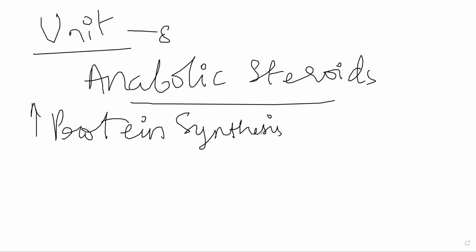But if you go beyond a point, generally they are given in micrograms, the dose of anabolic steroids is very small, in nanograms, micrograms. Those doses, if you go on to generally higher doses, their relative activity, the positive effect, will be gone completely. Now when can you use this? You can use it therapeutically in catabolic states.